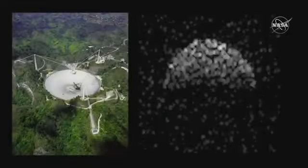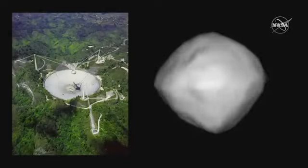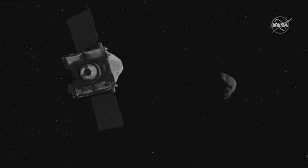After its discovery in 1999, our first hints of what Asteroid Bennu looked like came from the Arecibo Observatory. Then, as the OSIRIS-REx spacecraft made its way to Bennu, the asteroid grew in detail from a few tiny pixels to a surprisingly rugged world, littered with giant boulders. OSIRIS-REx arrived